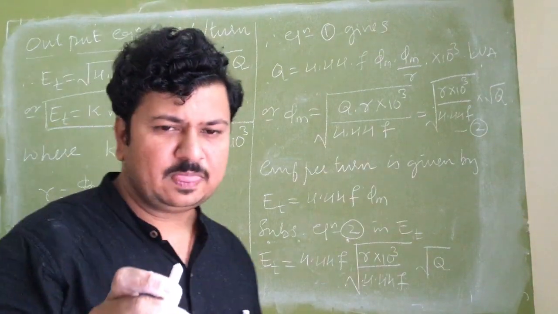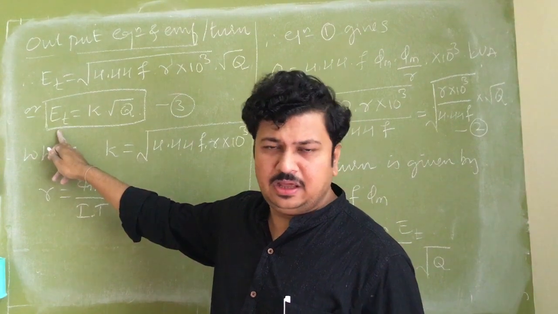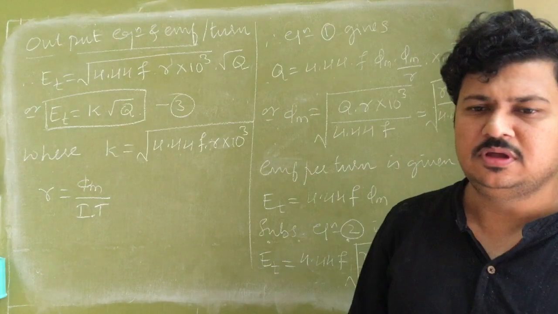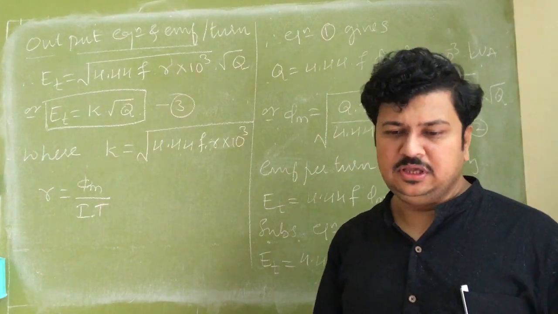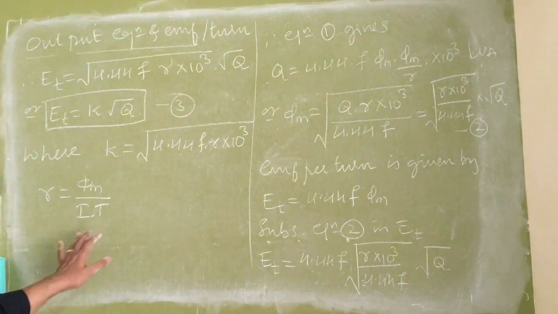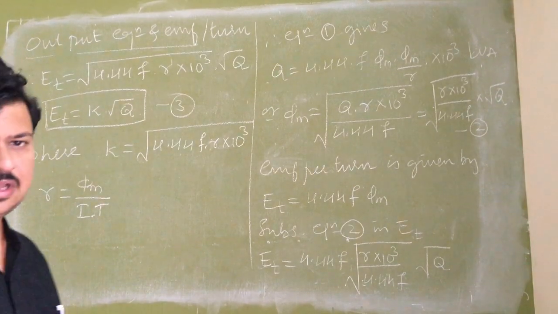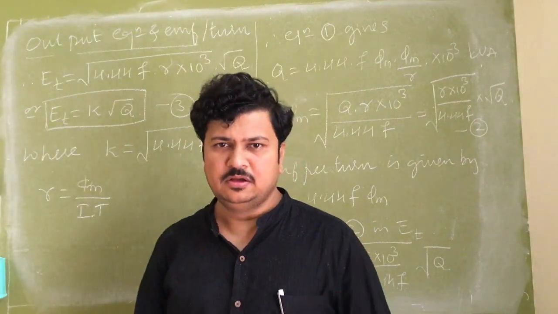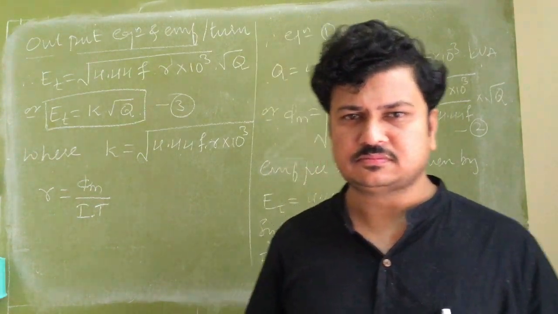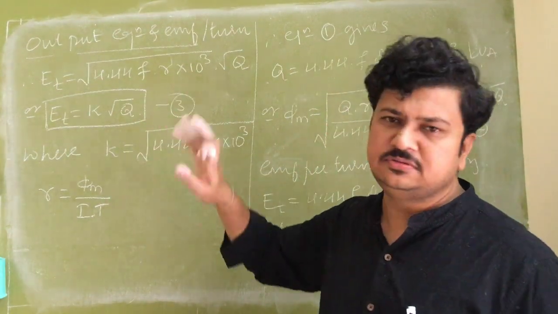Once I know the ratio of flux to ampere turns, I can find the value of ET. Else, you will be given the value of ET directly in the statement. But we cannot assume the EMF per turn unless it is given or has to be calculated. So EMF per turn is the first step for my design. Without that, I can't find the number of turns. I know the voltage, I should know the number of turns. Therefore EMF per turn is obtained from this equation ET.